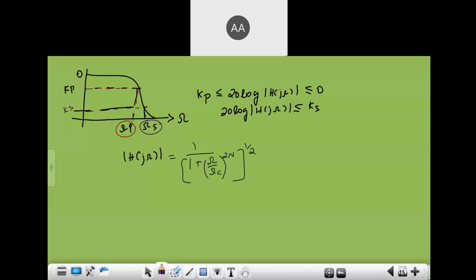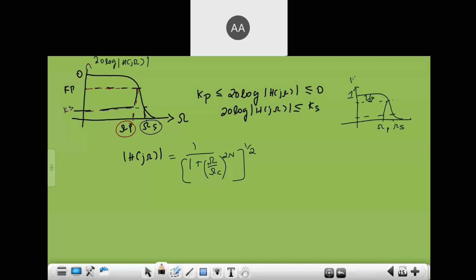So pass band gain kp, if it's in dB, the y-axis value here is nothing but 20 log of mod of H(j omega). X-axis is omega, y-axis is 20 log of H(j omega), because you want to write the values on the y-axis in dB. That is why the normalized filter, earlier, you had it like this. I told you it is having unit magnitude response. You will have delta p ripple here, and you will have your omega p, the omega s.